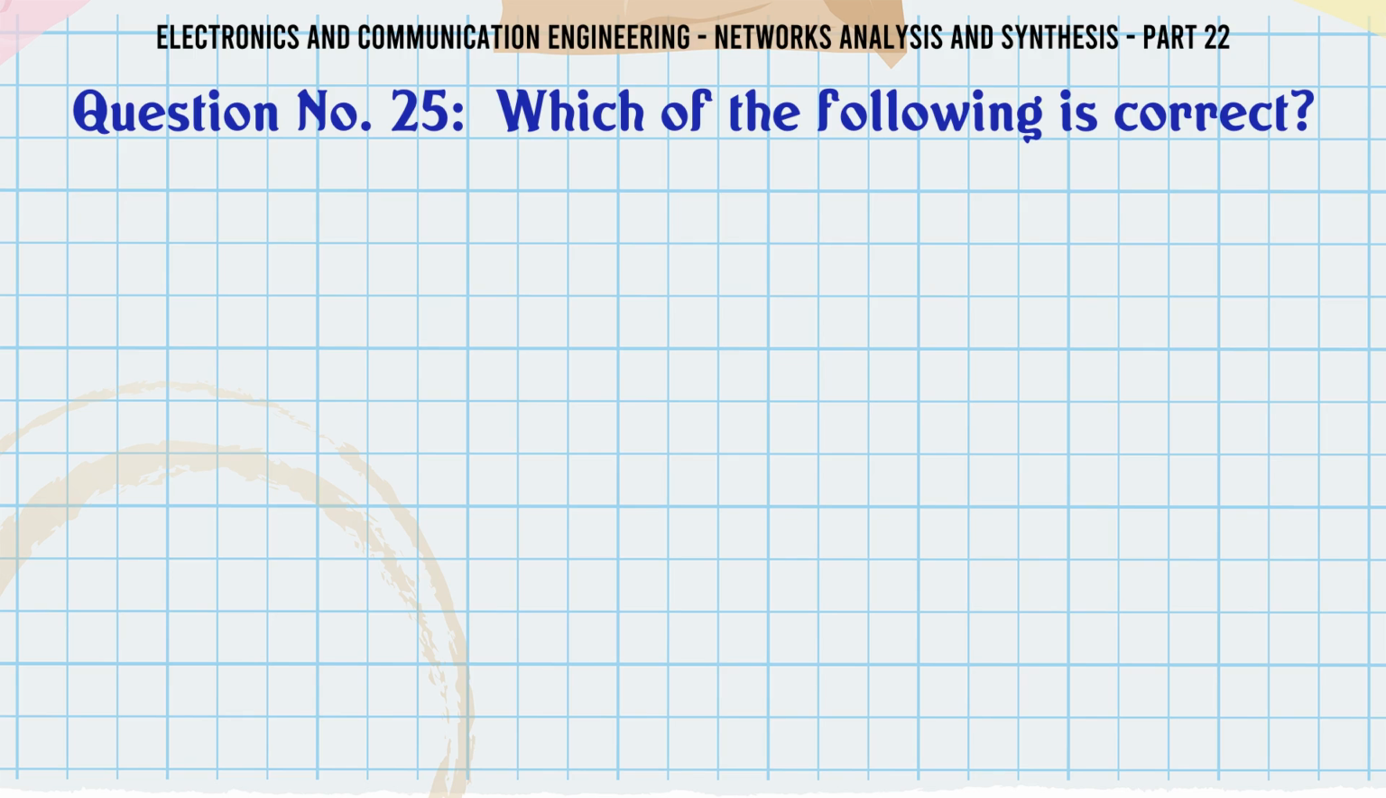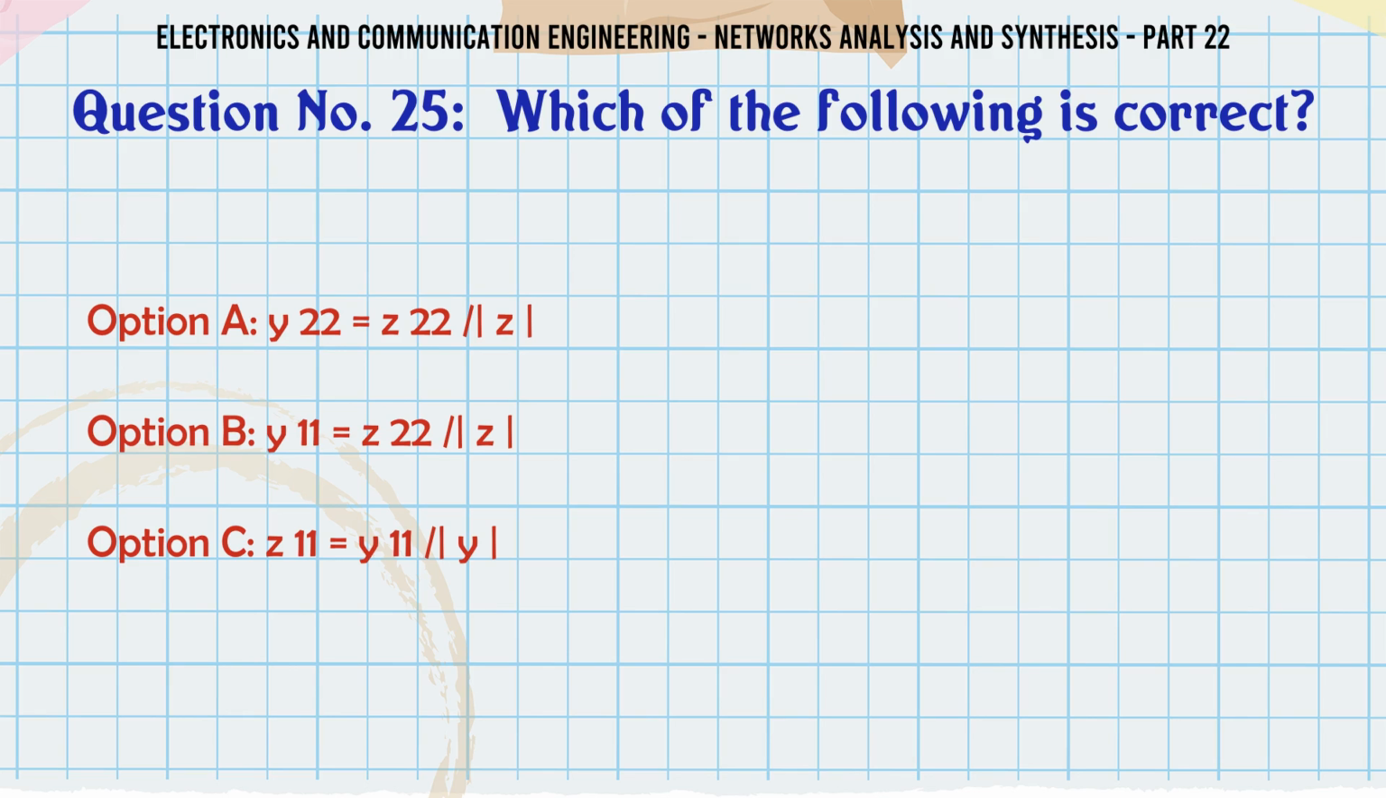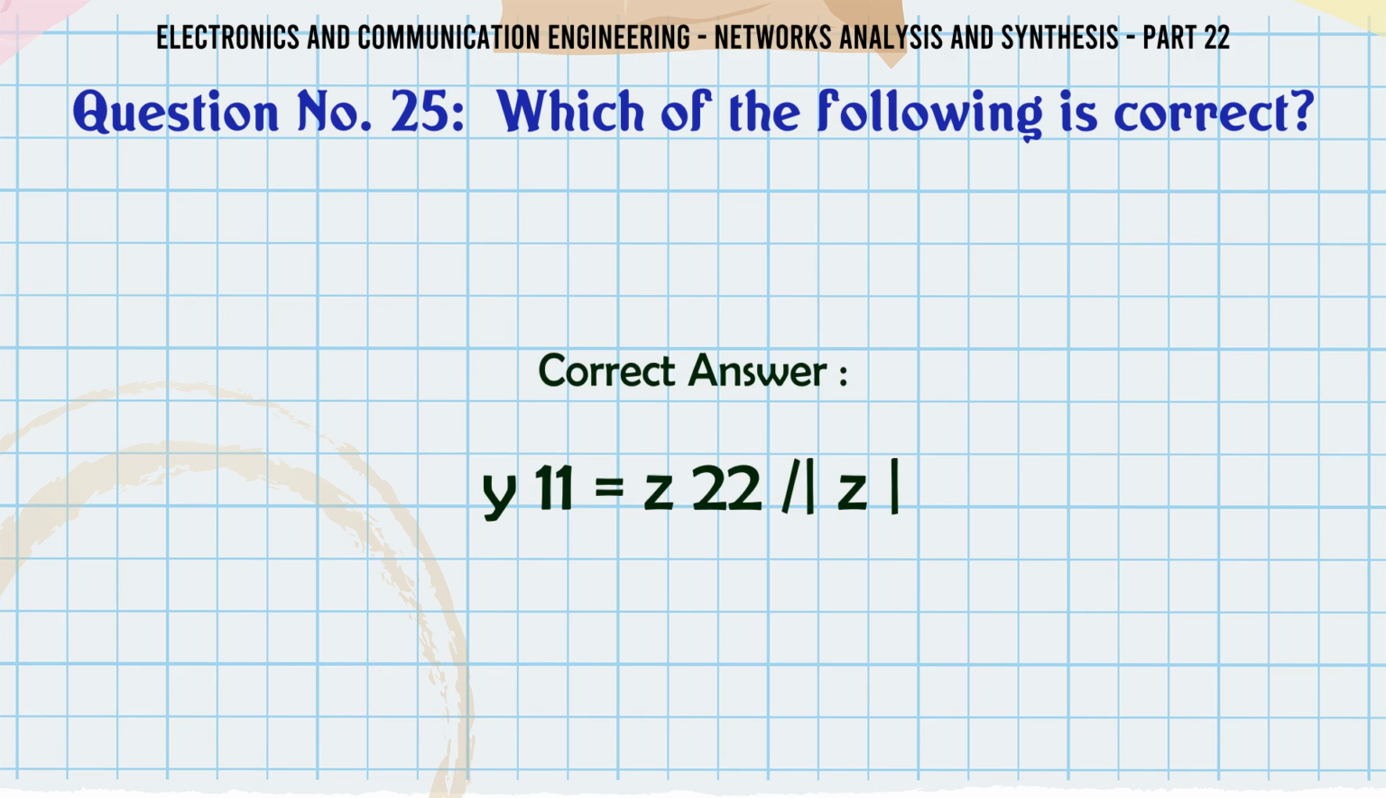Which of the following is correct? A. Y22 Z22 Z, B. Y11 Z22 Z, C. Z11 Y11 Y, D. Z22 Y22 Y. The correct answer is